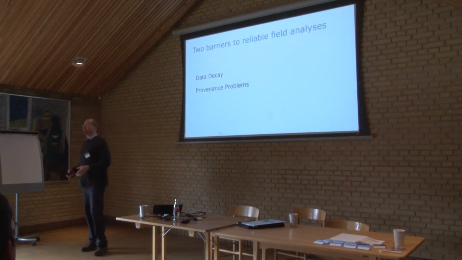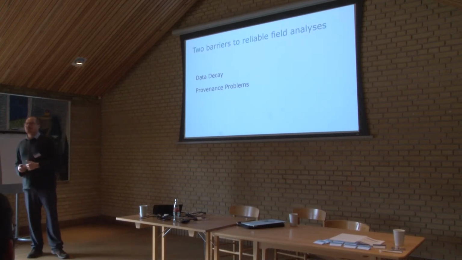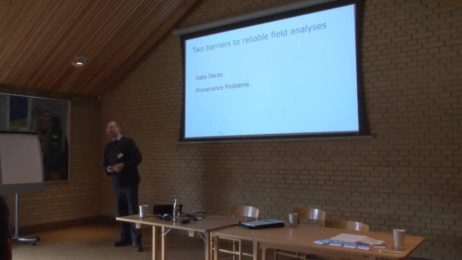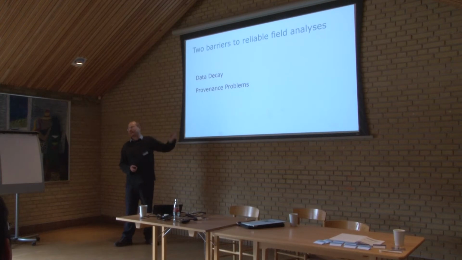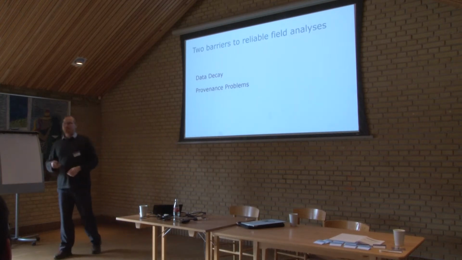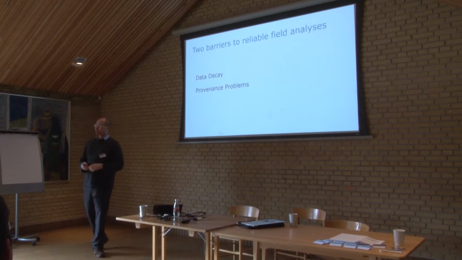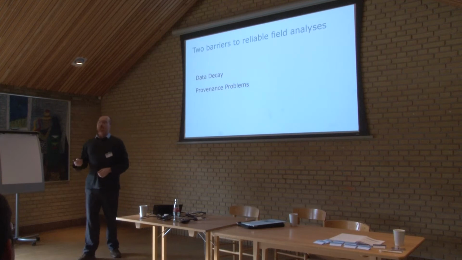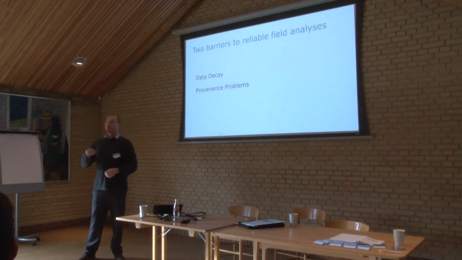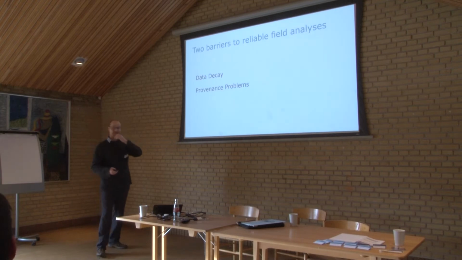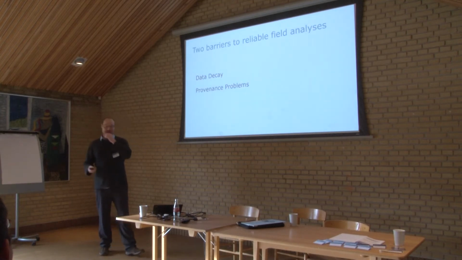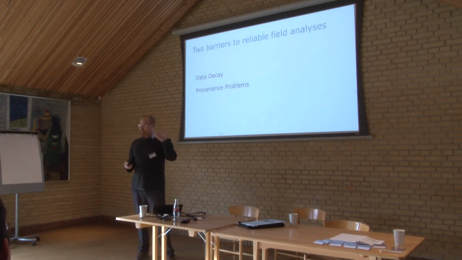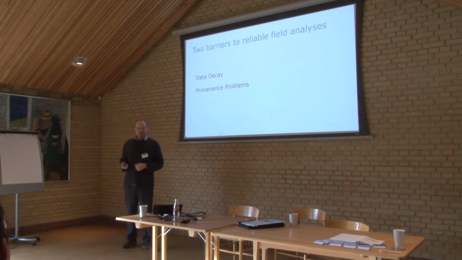So I think I can propose to you a framework for what we've seen so far are the major challenges to reliable field results. The first being data decay, the fact that the data is disappearing very quickly as a function of time, regardless of the study species or the environment it's being taken in. Things like version control might be able to slow that down, so that we can see persistence in the longer term. That's my hope, that the technology and the norms are changing right now in a way that allows for greater persistence. But just having the data, as Marie Kondo knows, isn't necessarily any good.